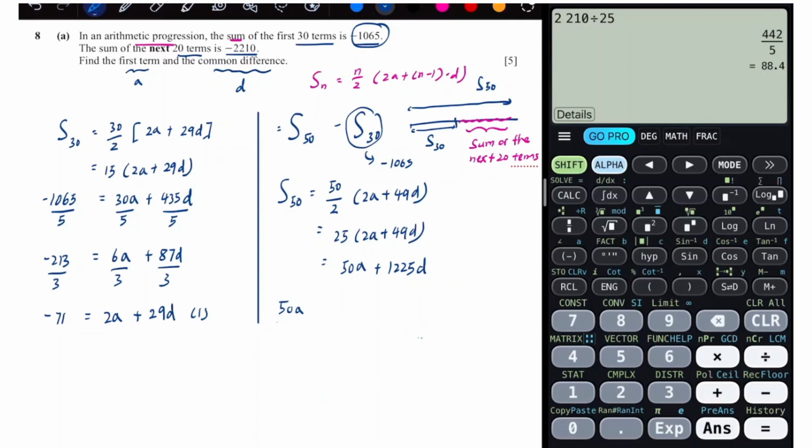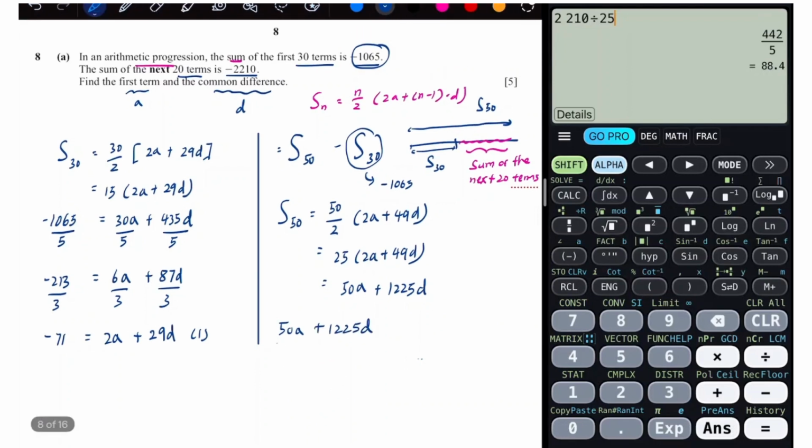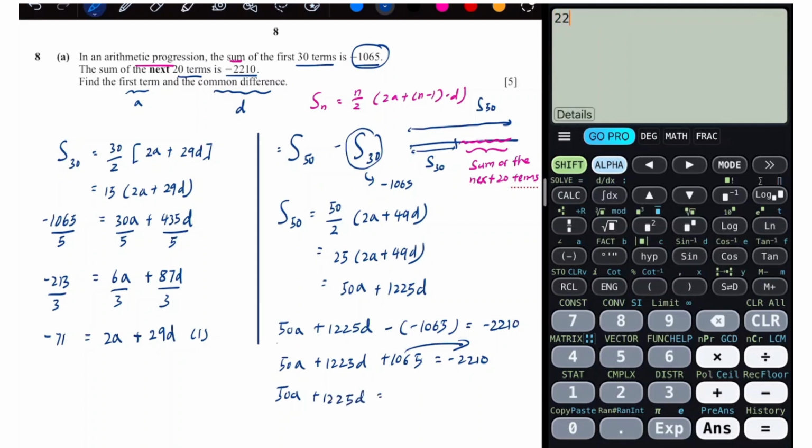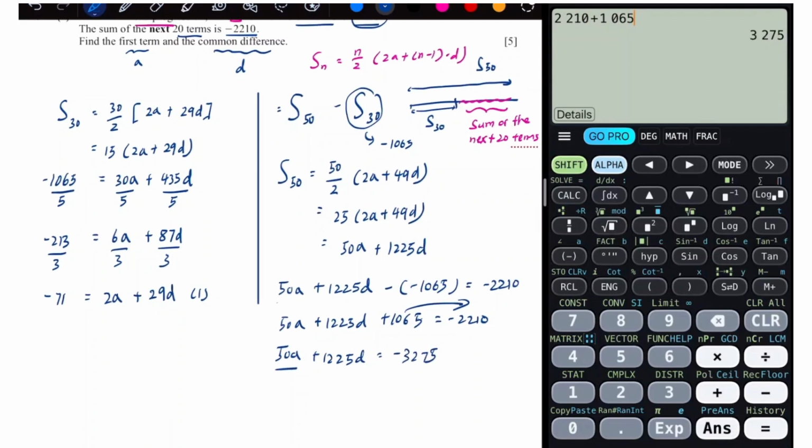50a plus 1225d minus negative 1065 is equivalent to negative 2010. So just move this one over, 1605, move this one over to the other side. So we'll get 2210 minus 3275, everything just divided by 25. I think this should be it. So I get 2a plus 49d is equal to